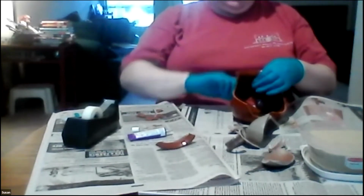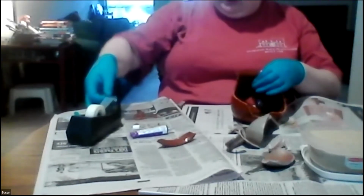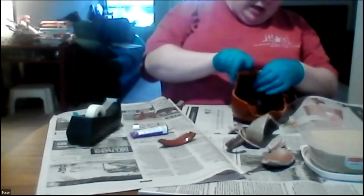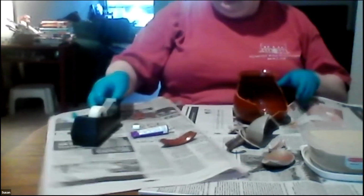This is going to make it stick. Gotcha. Actually hold together. Got it. Then I'm going to, oh, that didn't work. All right, so now I'm going to put it together. I'm going to hold it in place as tight as I can and put some more tape on it to hold it in place while it